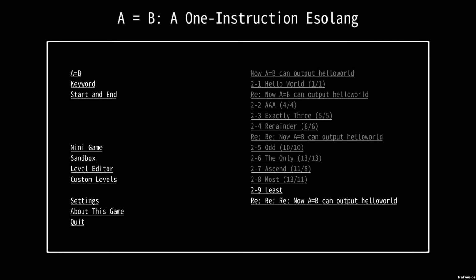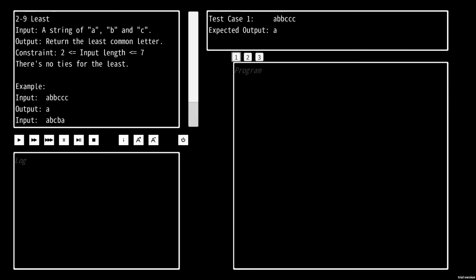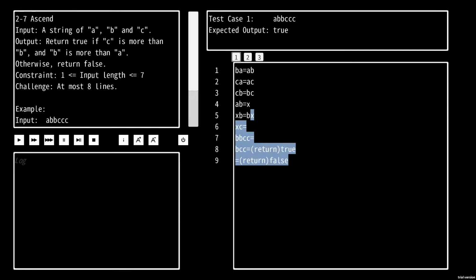That's a fun one. All right. Return the least common letter. So, I mean, I'm pretty sure this is just the same, right? Like, I'm gonna go. Can I copy? Can I cross copy paste my